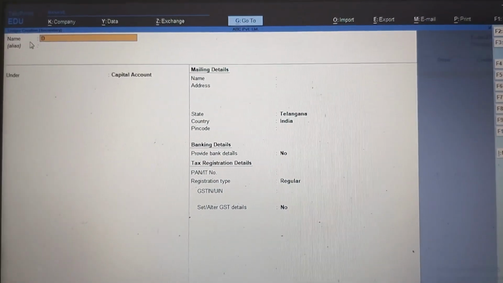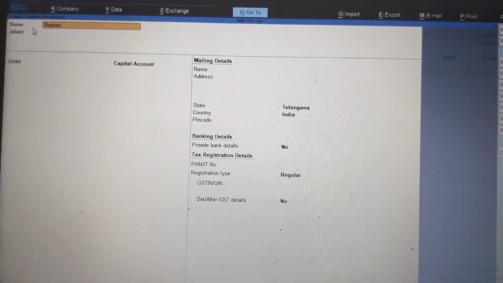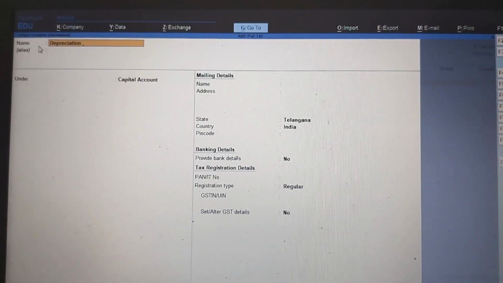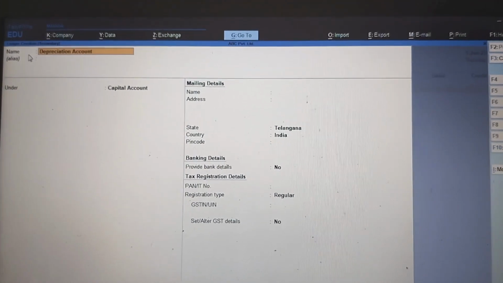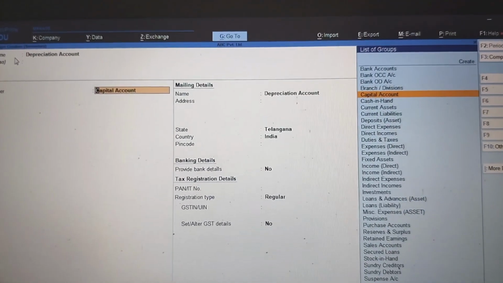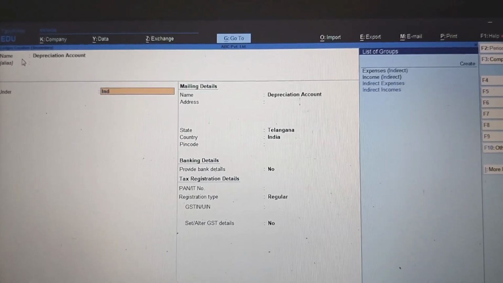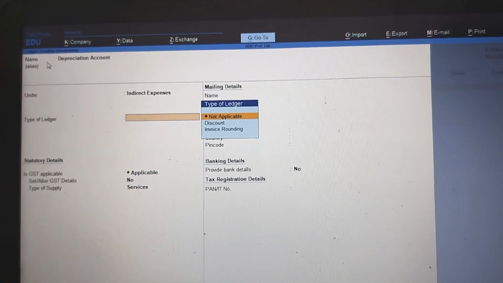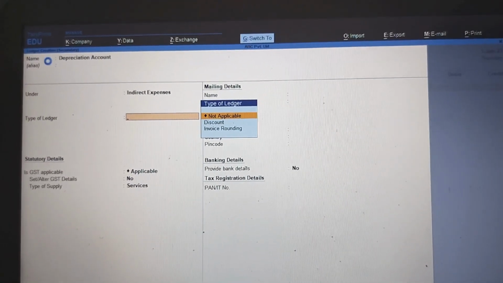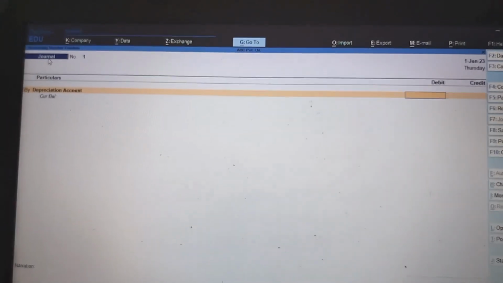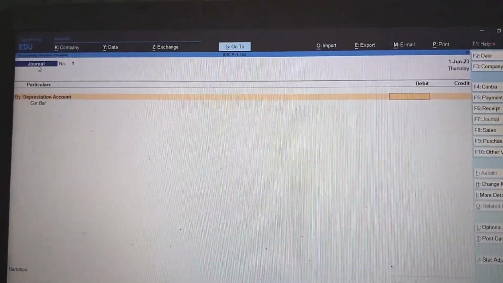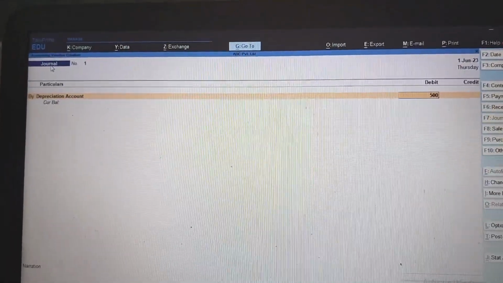I'll create one ledger by pressing Alt C. Depreciation. Indirect expense. Rest I'll keep as it is, and Control A. Then the depreciation account is created, and our date I have taken as it is, 1st Jan 2023. Let's suppose the value we calculated is 500,